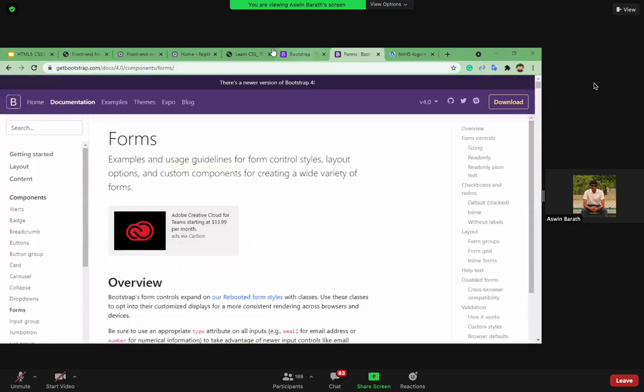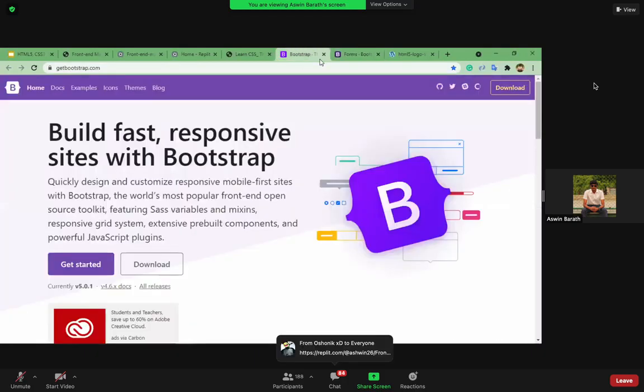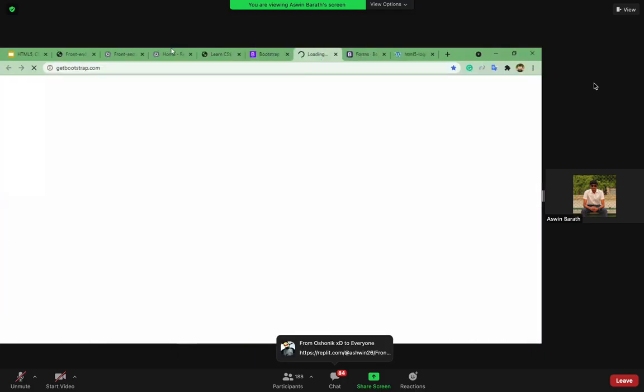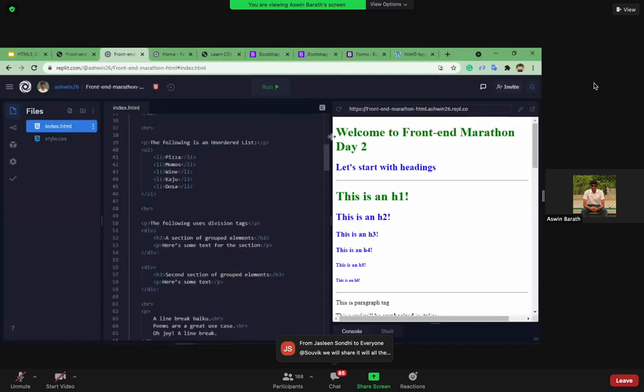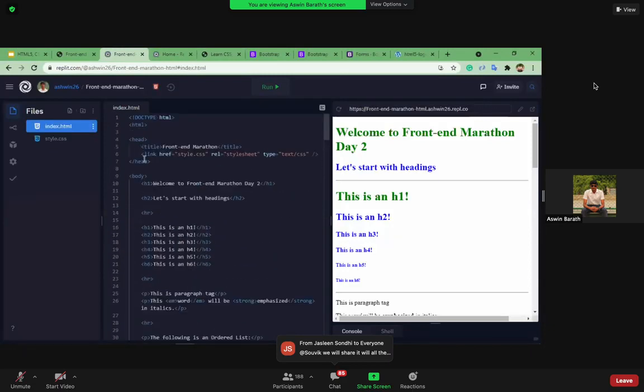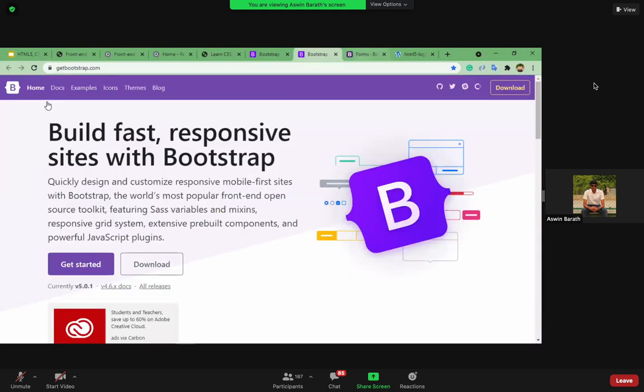Okay, so to add Bootstrap, just like how we were adding the CSS inside our HTML part, we used something called a link tag inside the header tag, right? So that's how we also have to add Bootstrap.